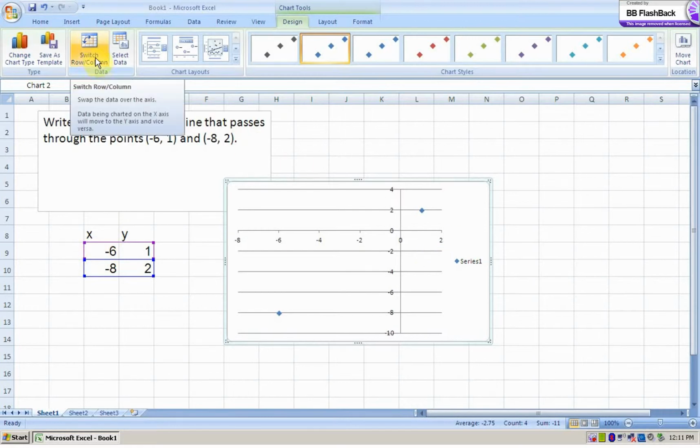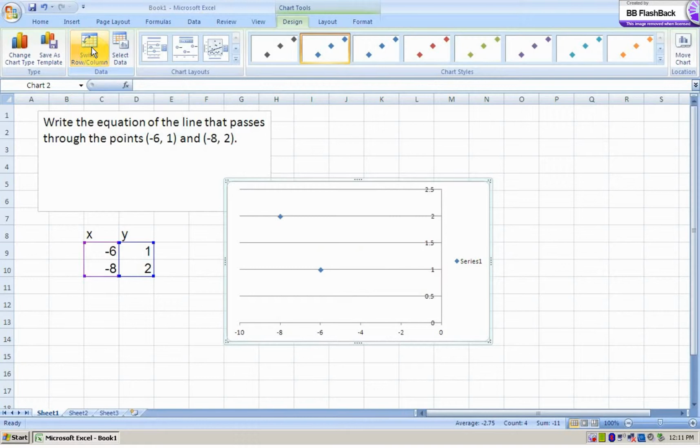So what we need to do is come up here to this Switch Row and Column. And now it should have graphed them correctly. So let's see. There's the point -8, 2. And there's the point -6, 1. So you do have to check. Alright, so once we have this,